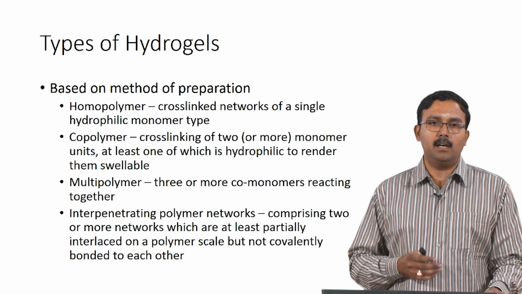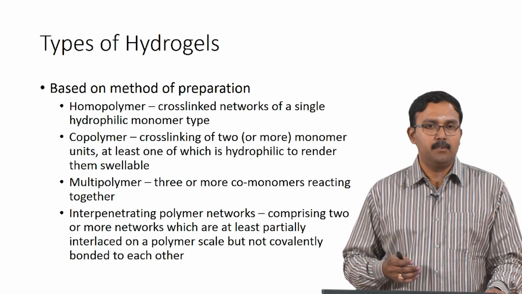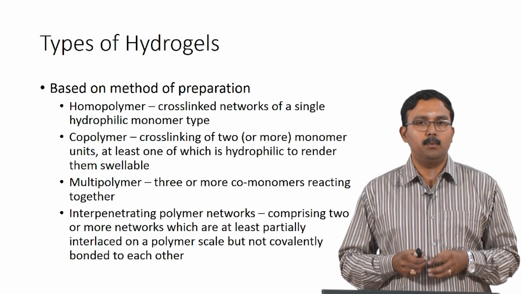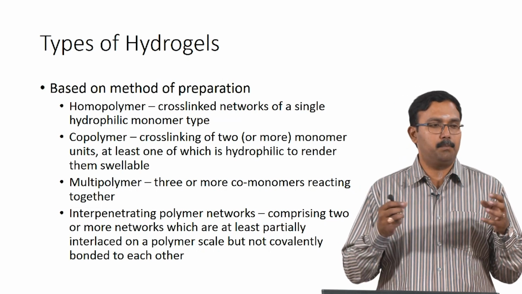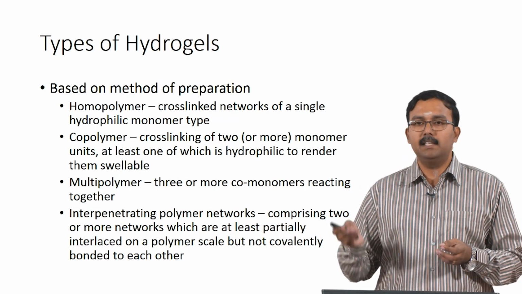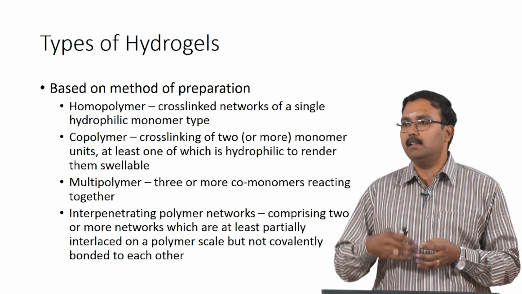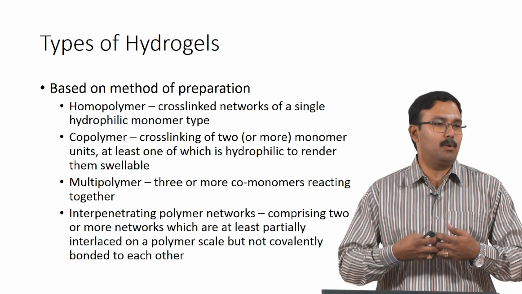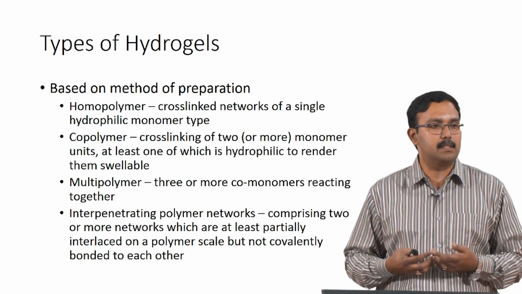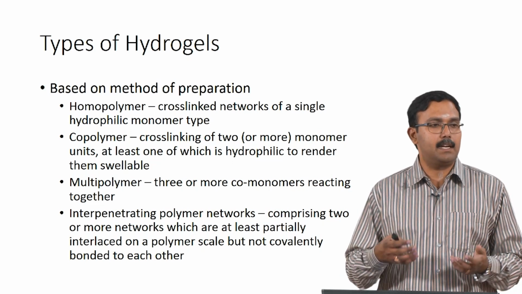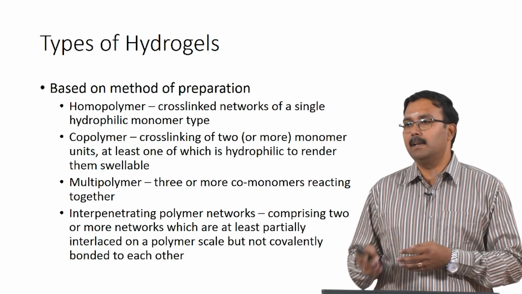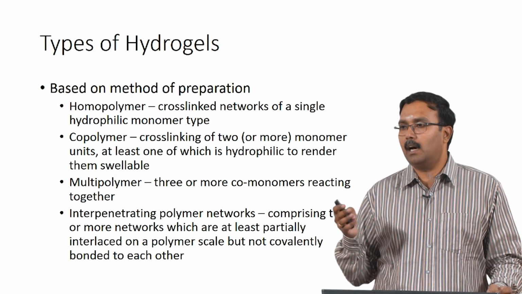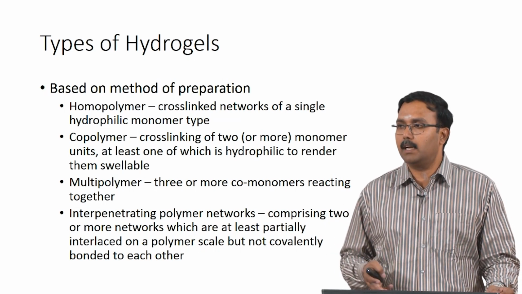Interpenetrating polymer networks are slightly different from multipolymers. Here also there are more than one polymers which are used. However, what is done is the first polymer network is formed initially and the second network is formed following the initial network. Thereby there is an interpenetrating network. The first network and the second network are not covalently attached to each other, they just are interacting with each other. This is why it is called an interpenetrating polymer network. There are also things like double network hydrogels and many other types of hydrogels. People have tried to do these to alter the mechanical properties and degradation properties of the hydrogels.